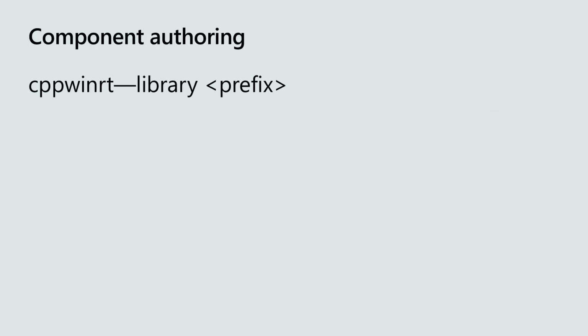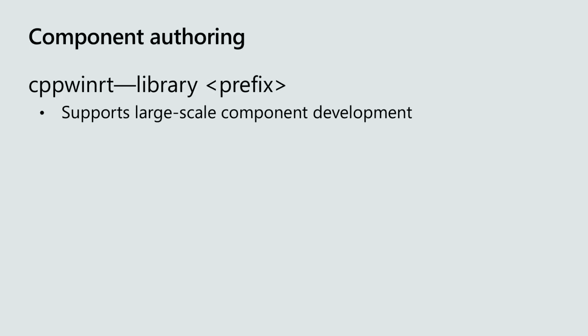And then finally, the last optimization that we've added is a library prefix, and this is to help with large-scale component development. If you've got a number of static libraries that are all being used to construct different classes and you're assembling those up into a larger component, then you had to play some tricks with macros redefining row get activation factory entry points and that sort of thing, and now you can just supply a prefix that allows you to easily incorporate those and use composition patterns.